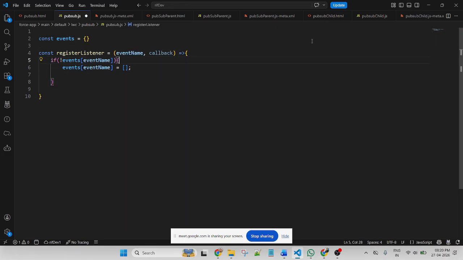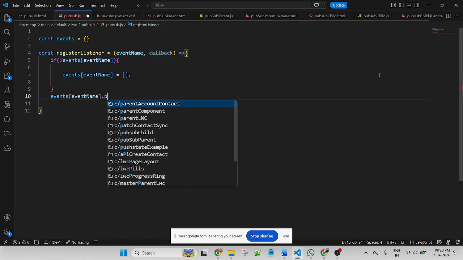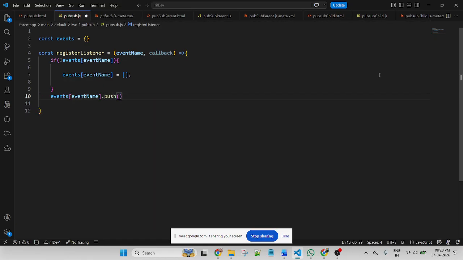Otherwise, similarly dot push this one callback.